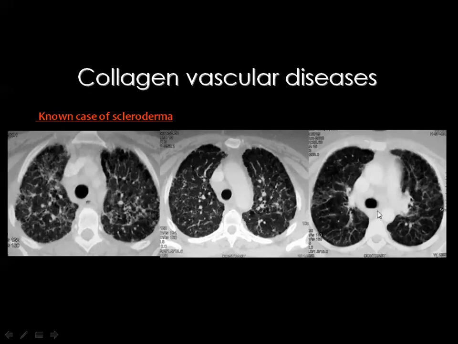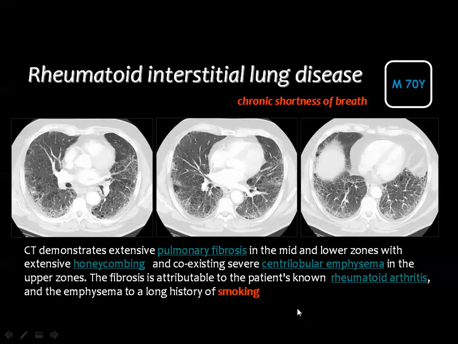Another case of scleroderma showing the classic appearance of interstitial lung disease, with many reticular opacities, minor traction bronchiectatic changes, and ground glass veiling scattered throughout the lung fields. Rheumatoid arthritis can also affect the lung, producing similar changes in the form of ground glass opacities, traction bronchiectasis, and honeycombing. In this patient, we can see some areas of air trapping and emphysematous changes which are related to his long